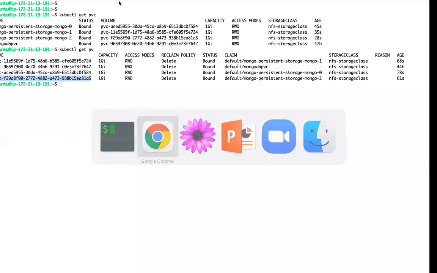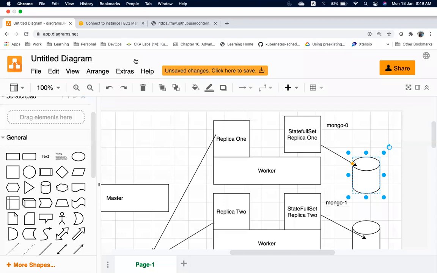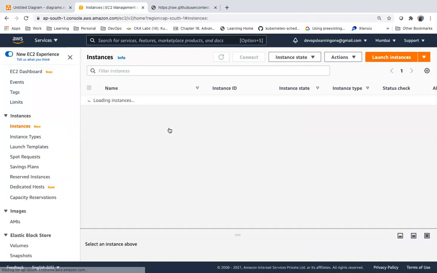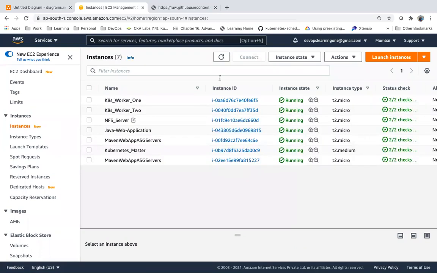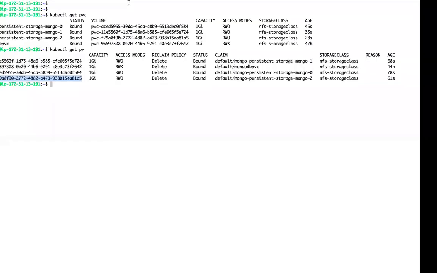If I go and check in my NFS server, let me check in the NFS server.